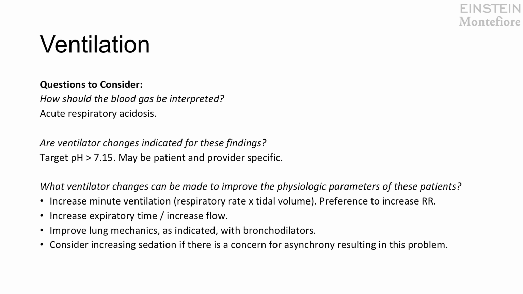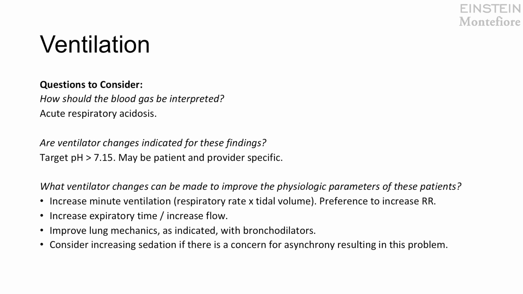Oftentimes, patients are quite tolerant of respiratory acidosis, and there's even a thought that there's something called permissive hypercapnia, whereby hypercapnia might be in some way physiologically protective. In this case, though, they do have quite a profound respiratory acidosis, and what you'd want to do is increase the minute ventilation of the patient in order to blow off CO2, and thus likely improve the pH to a